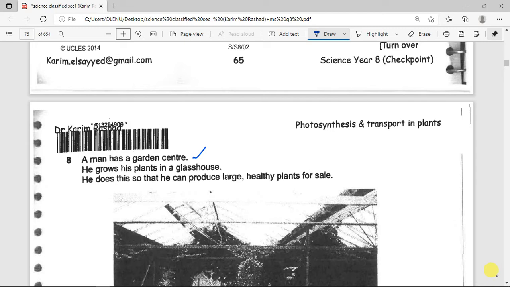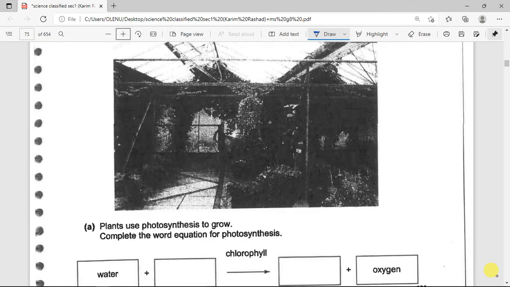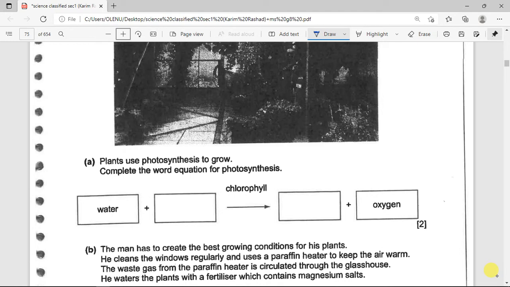He grows his plant in a glass house. Now he does this so that he can produce large healthy plants for sale. Now first, plant uses photosynthesis to grow. Carbon dioxide plus water